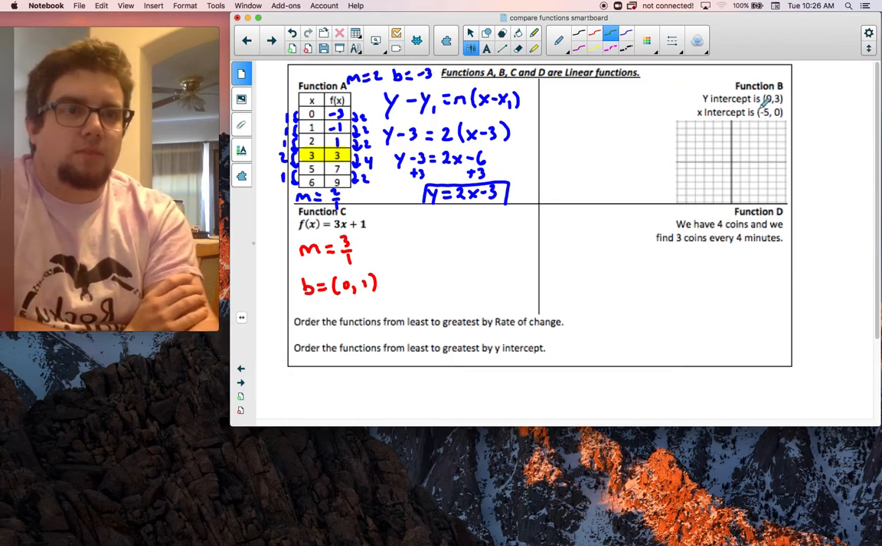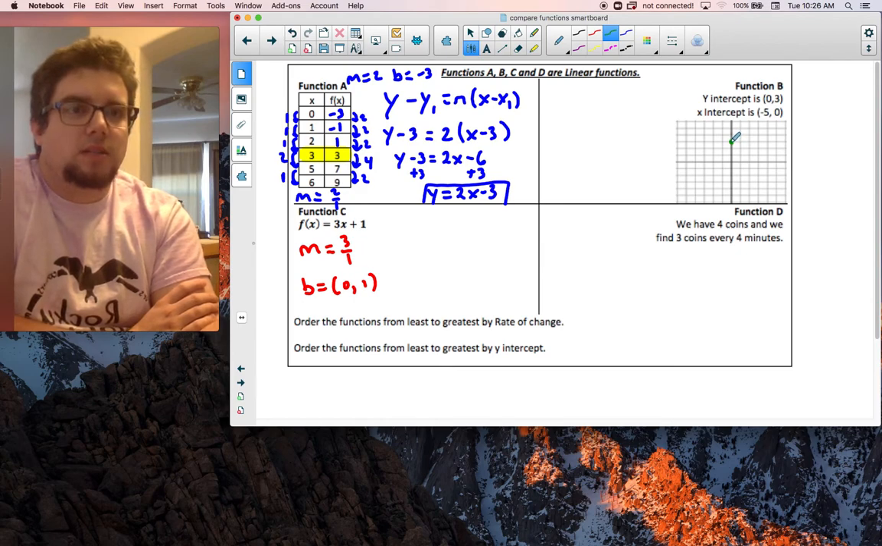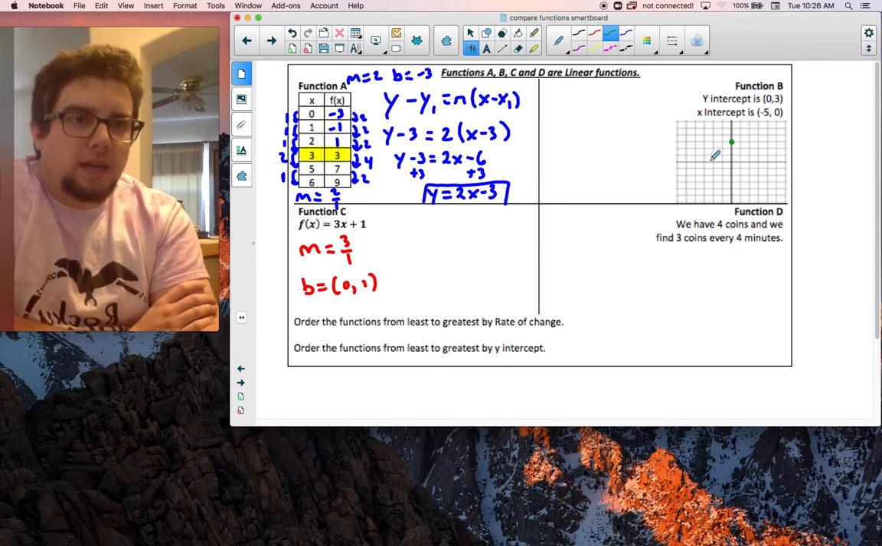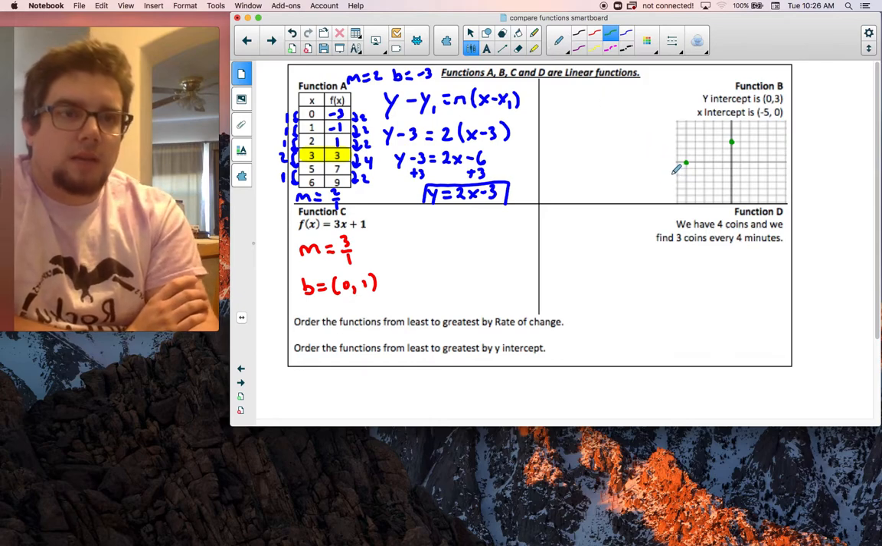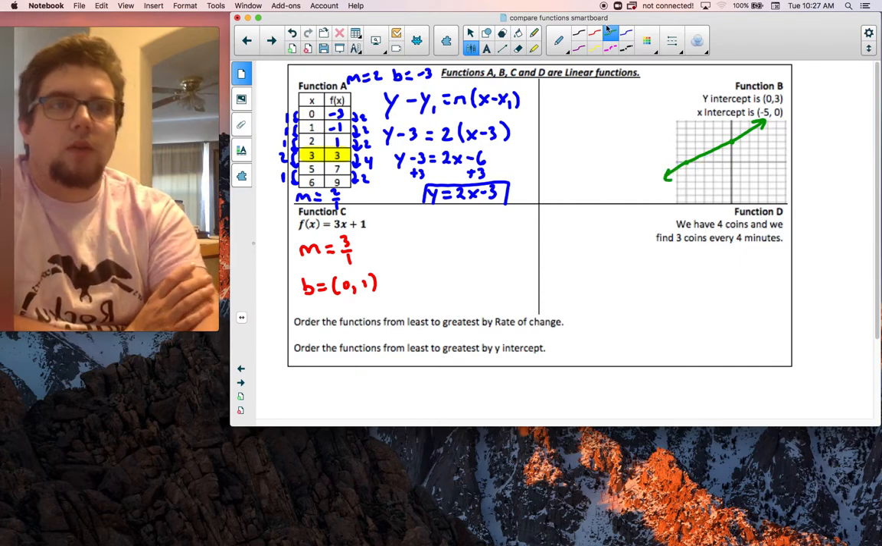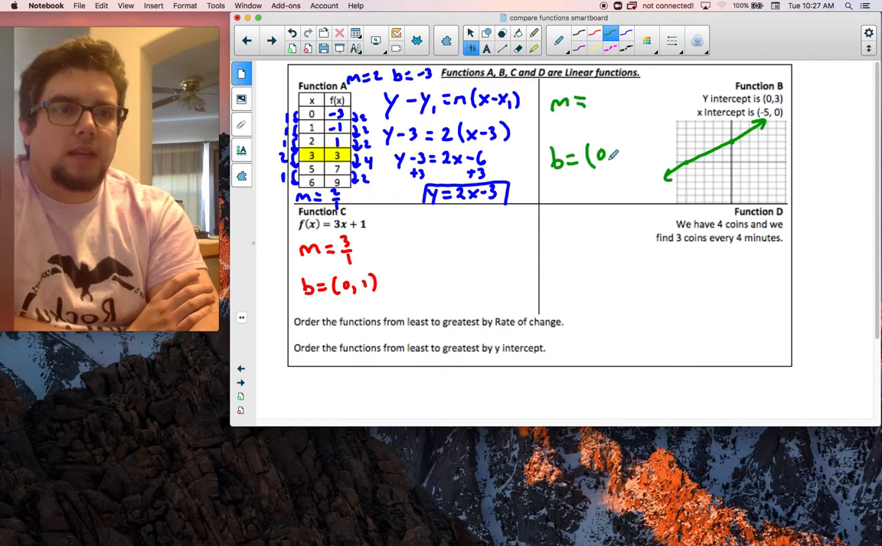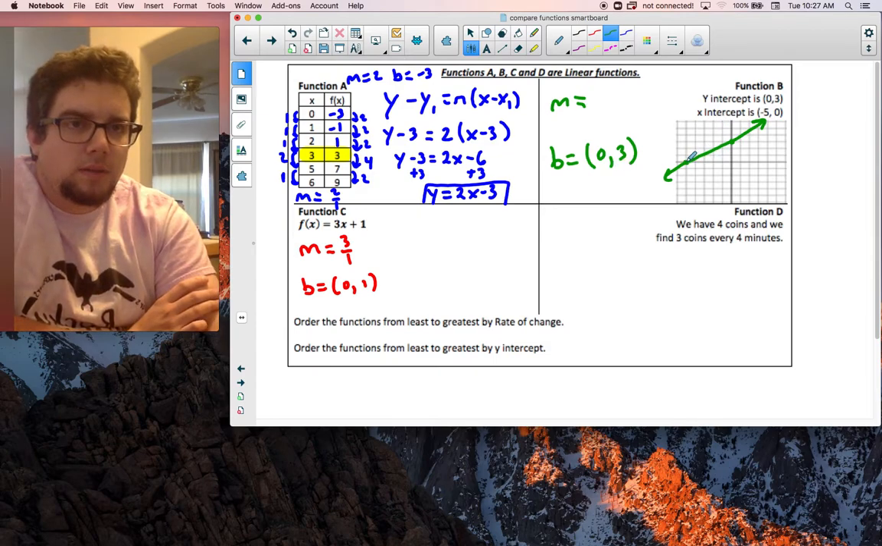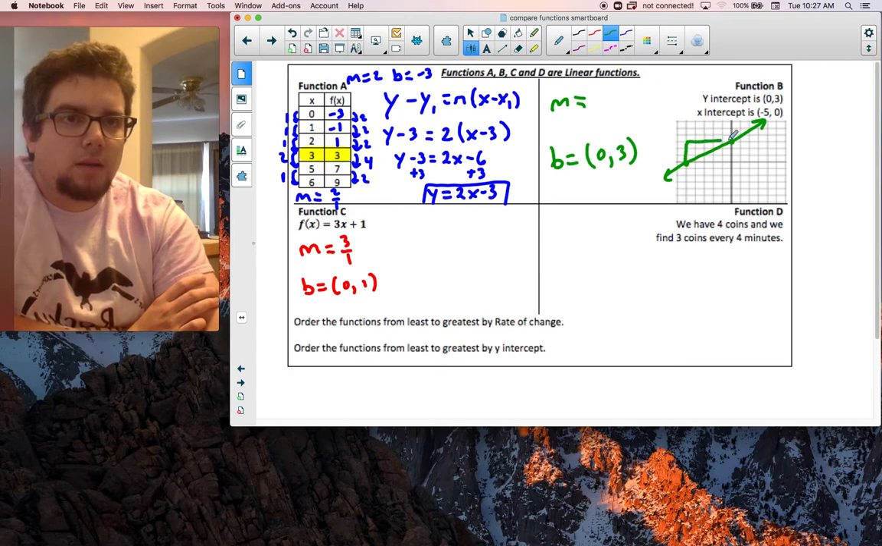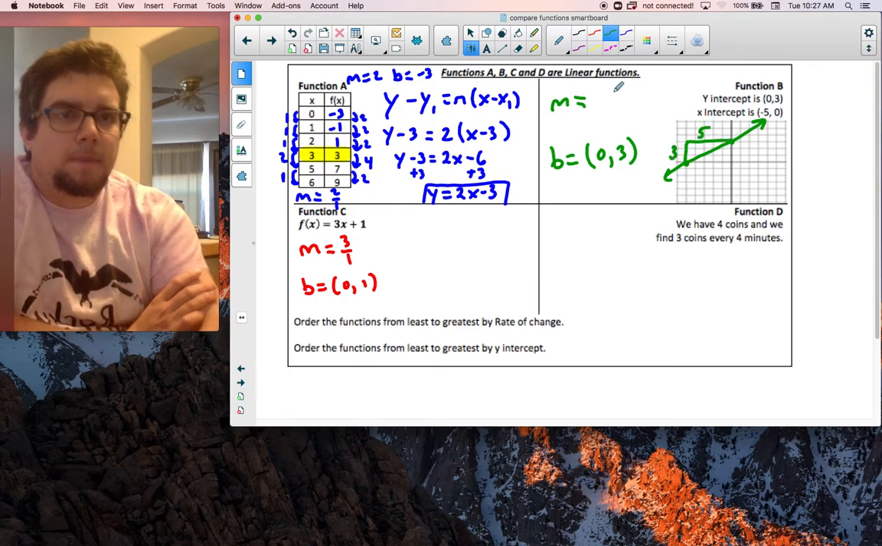Let's find our information for B. So the y-intercept is given to us, so we already know what the y-intercept is. Our x-intercept is negative 5. 1, 2, 3, 4, 5. All right. Connect our dots with our line. So we're given a graphical picture on this one. Y-intercept directly given to us, 0, 3. Our slope, start from this dot, get to this dot, we go up 3, right 5, for our slope of